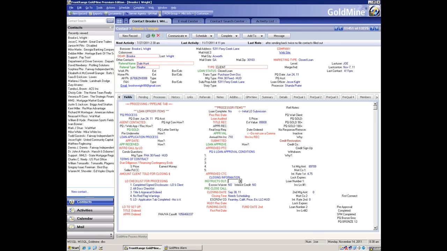Now these green fields are going to trigger messages and other processes to run, and I think it's really important to know this because this is what's going to drive a lot of the follow-up that happens throughout the loan